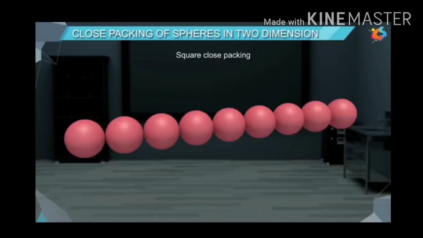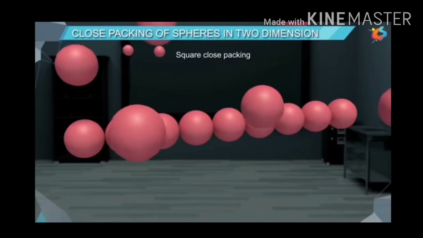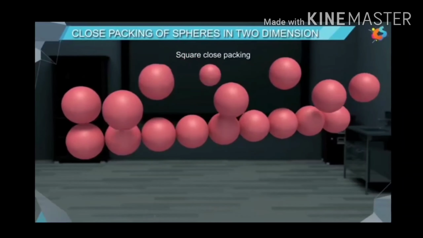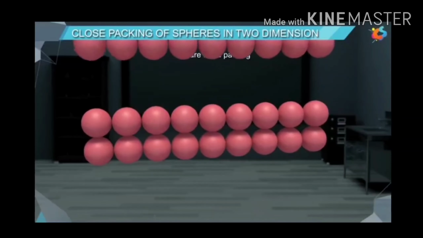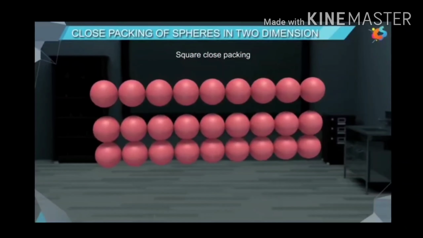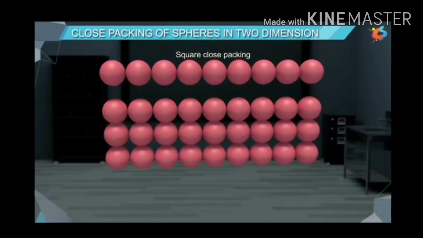So this is square close packing. Here there is one line of atoms, then another group of atoms is coming, and this is exactly attached in the same manner. And see another one also. This one